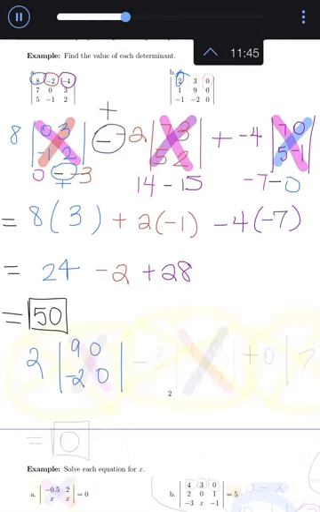Now with the second or middle piece, we would subtract, and we look at the middle entry, which is a 3, and look at the determinant made by deleting its row and its column, which would leave us with the matrix 1, 0,